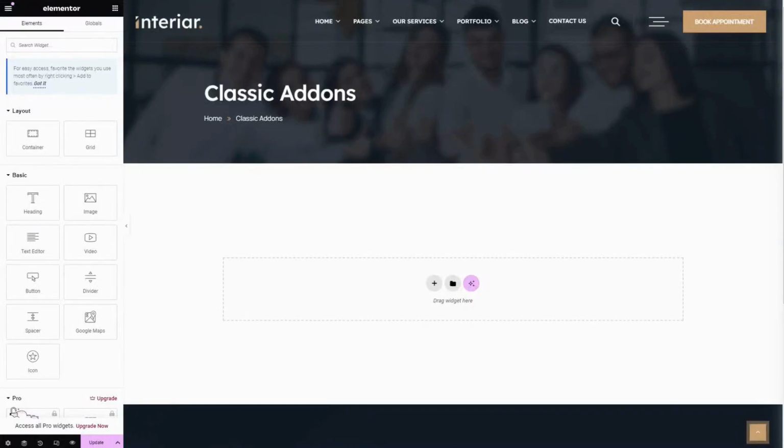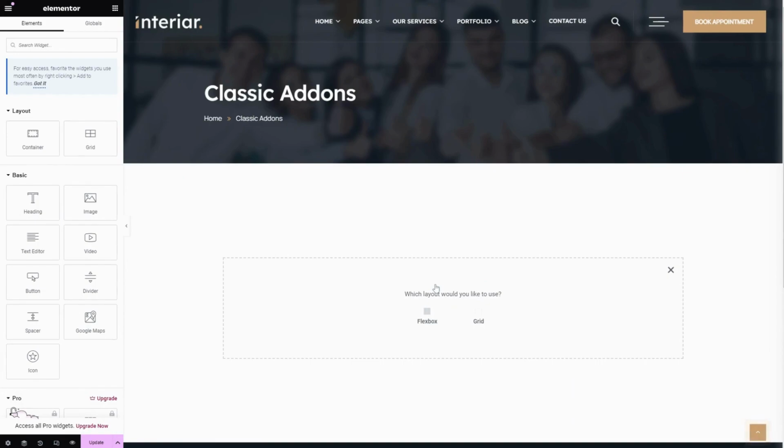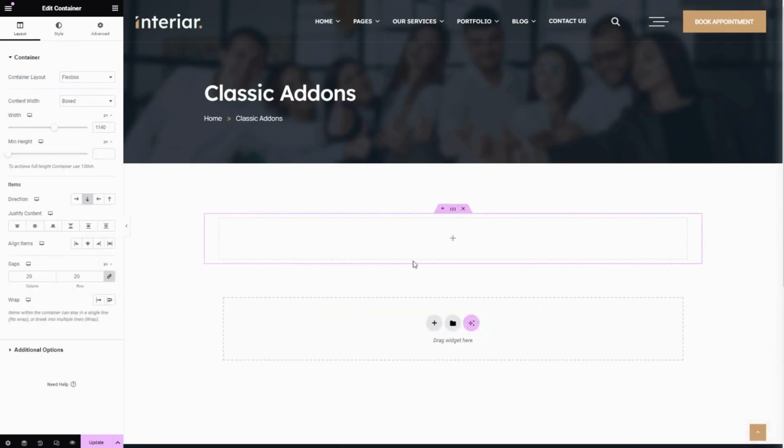Now let's take a look at how to use the button widget of the classic add-ons plugin. First open the Elementor editor and click on this plus icon to add a new section and choose this preferred layout,